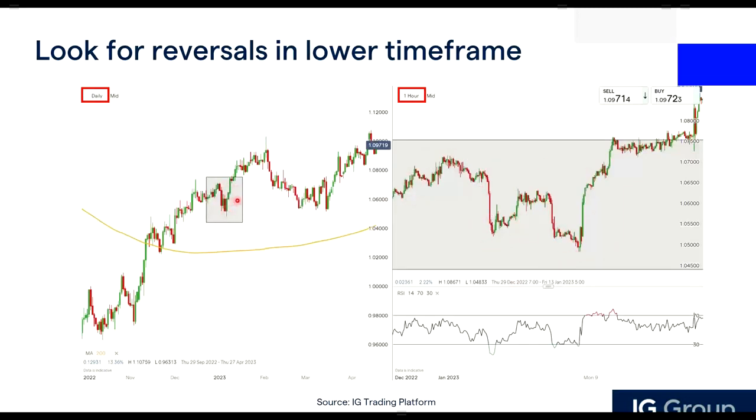So in this particular pullback, where can we actually find buying opportunities here? Where can we look for buying opportunities in this pullback? I'm not sure if I'm able to spot any divergence. Probably I'll just leave this here. So you look at the price here, you look at this RSI indicator. Are you able to see if there's anything forming over here between these two?